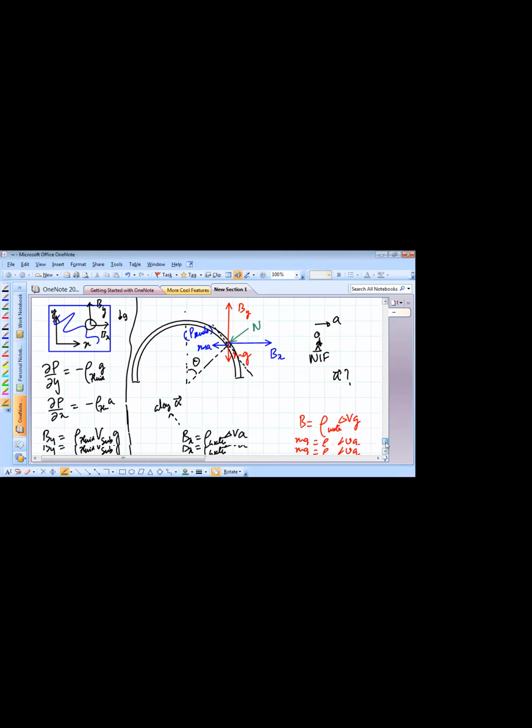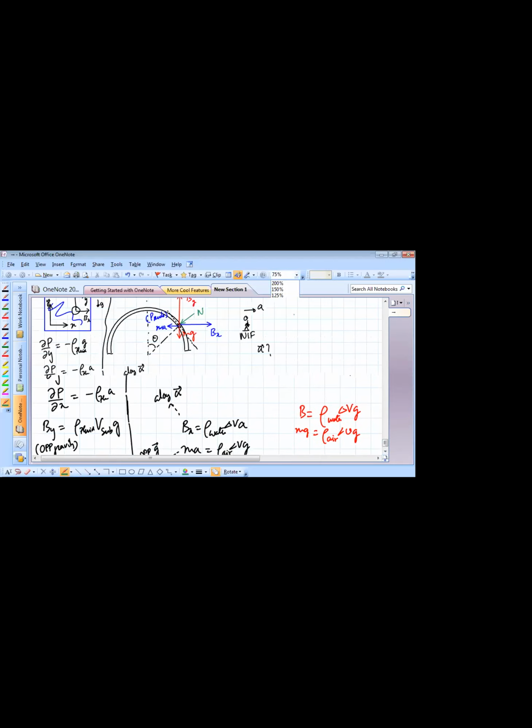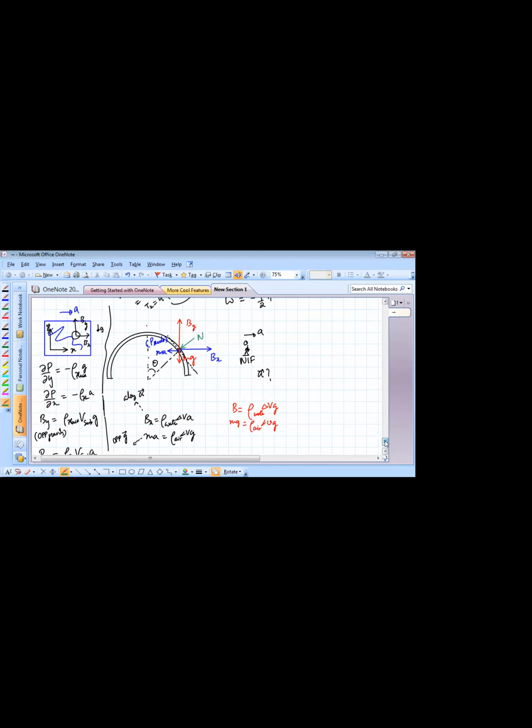So the condition for equilibrium actually becomes like this. The condition for equilibrium becomes